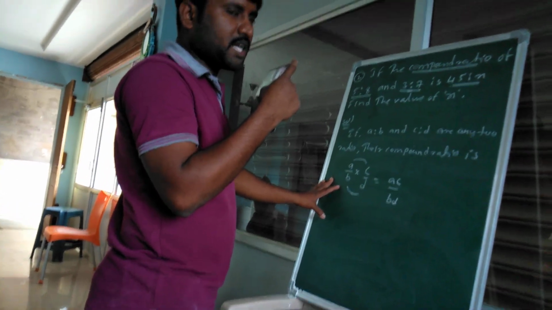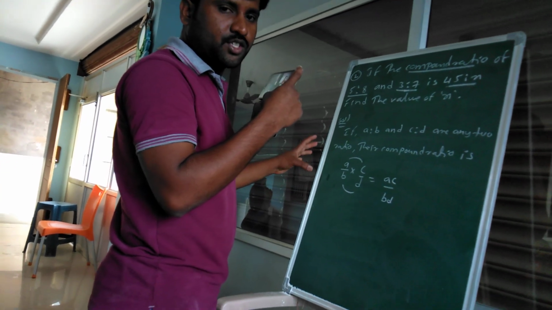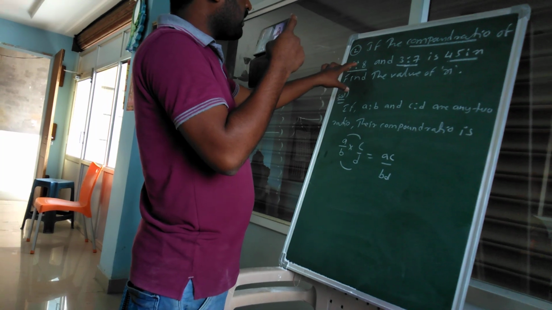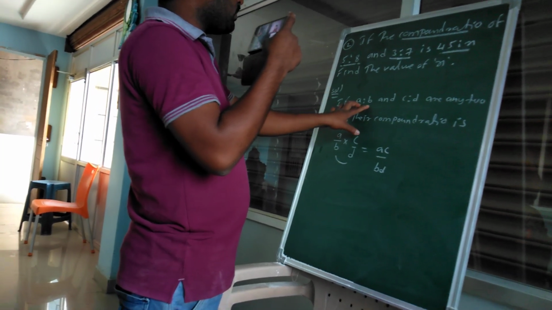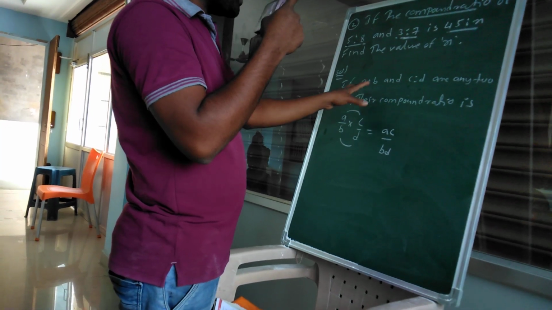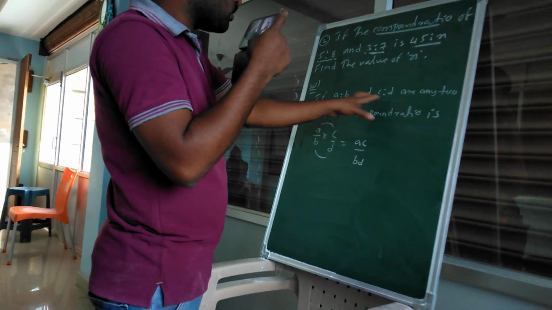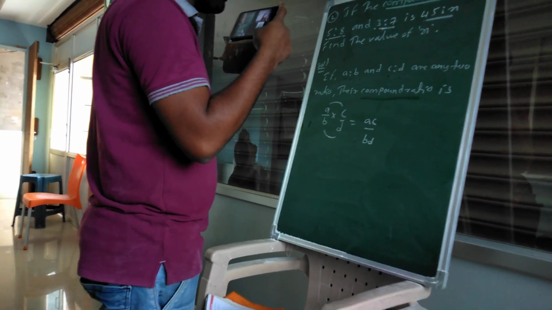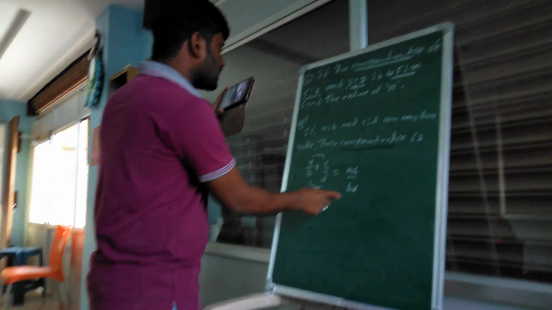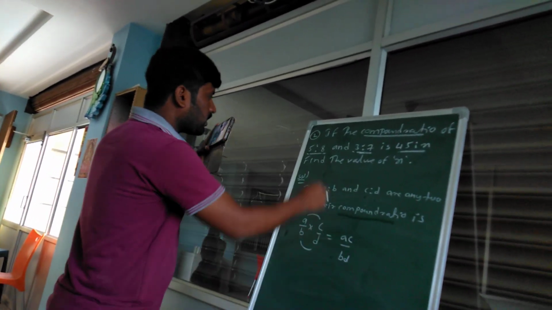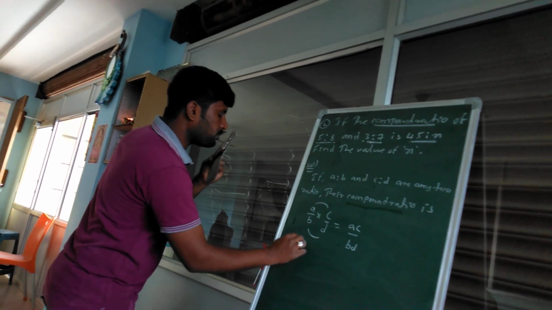Compound ratio, how do we take it? Sometimes we can express two ratios as a single ratio. Yes or no? That's why these two ratios, 5:8 we can take as A:B, and 3:7 as C:D. Now I am going to express these two ratios as a single ratio. So that is what, Nana? Compound ratio. Same like that only, by using this one. Okay, already this one was completed for your understanding purpose. Okay, 5:8 by problem.